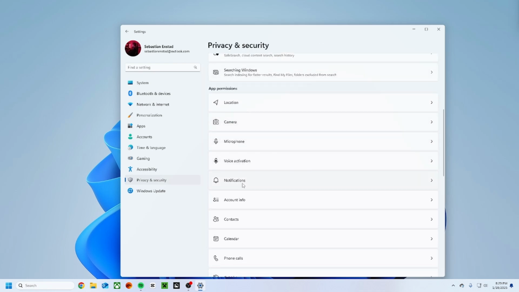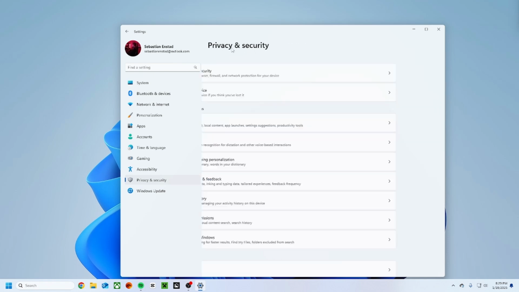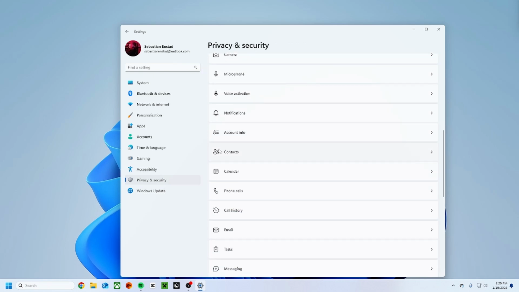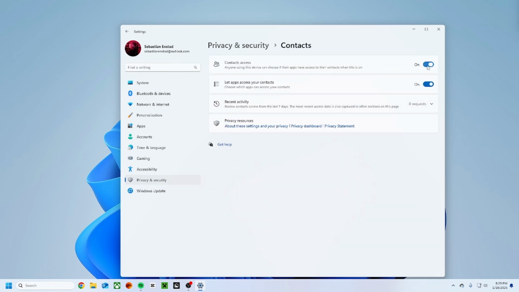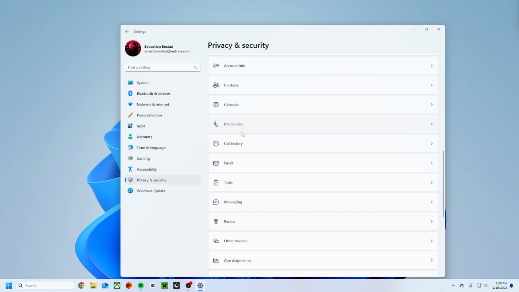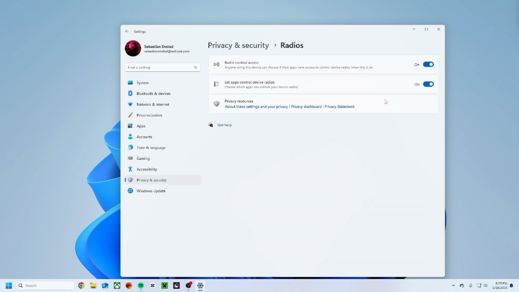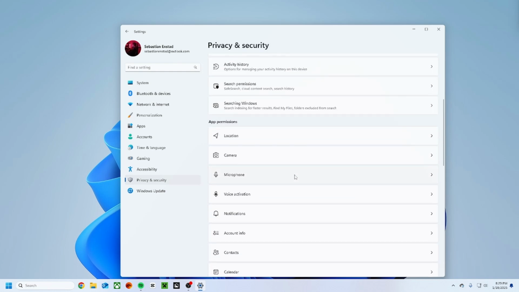Notifications are also pretty important. I'd keep those on. I would not do account info access. I would turn that off because that's again data. Contacts I would keep on if you use it. Call history, phone calls, calendar. I would keep most of these on, except I would take radio control access off,